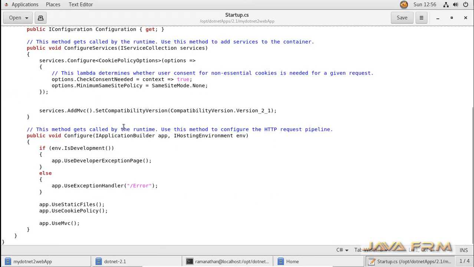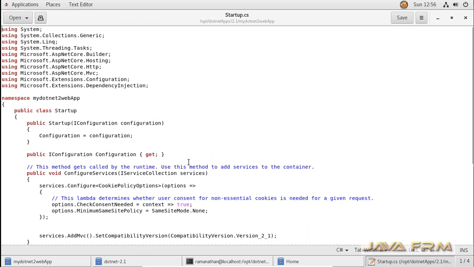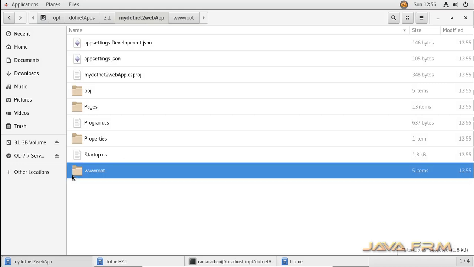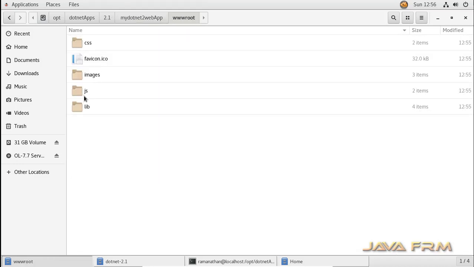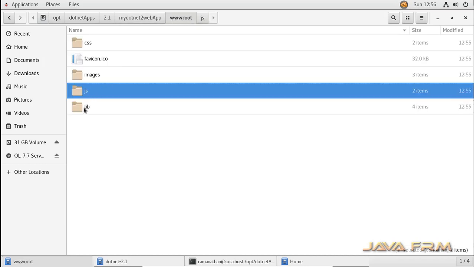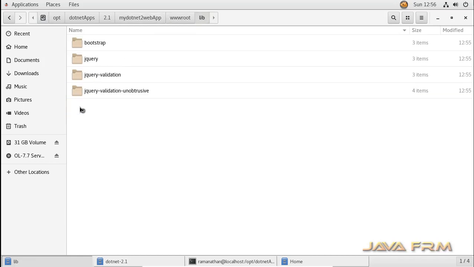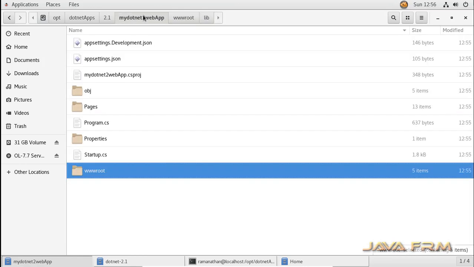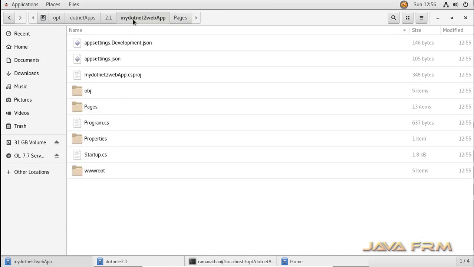This is another C# file. If you are an expert in C# you can modify this logic. These are HTML pages, you can modify them according to your application.